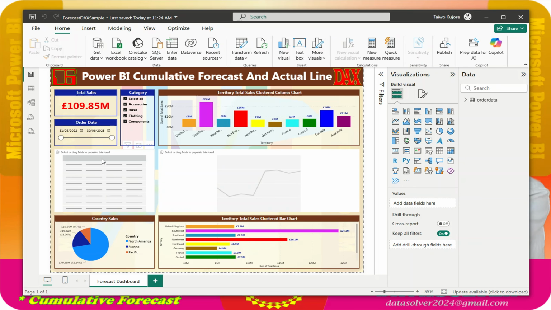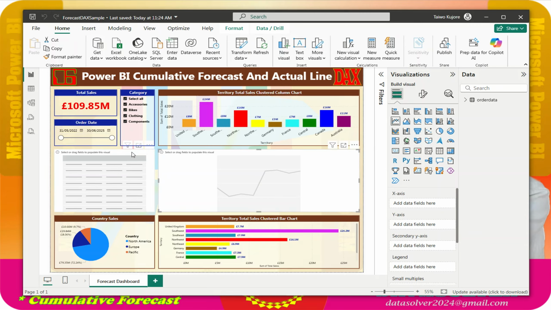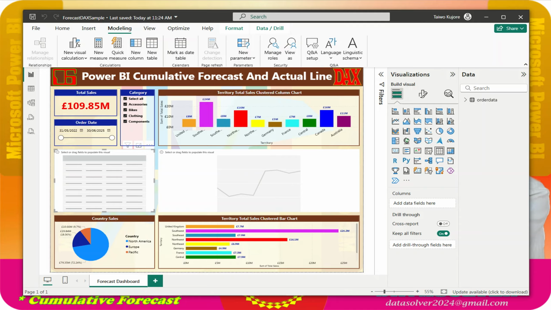This is what we're going to base our practical session on: the table matrix and the visual. The first thing to do is to create our table like what we did in part 1. To create our table, we're going to go to model, then we're going to be using DAX for our table as we did in part 1. Without a separate date table, we're not going to be able to do the calculation appropriately as we expected. So when you click on the modeling tab, all you need to do is click on new table,